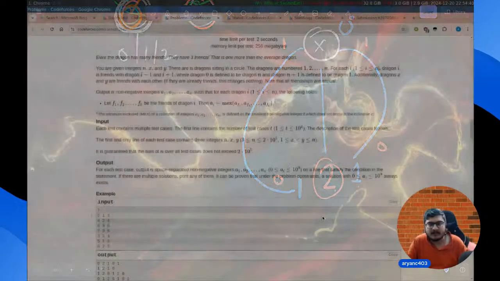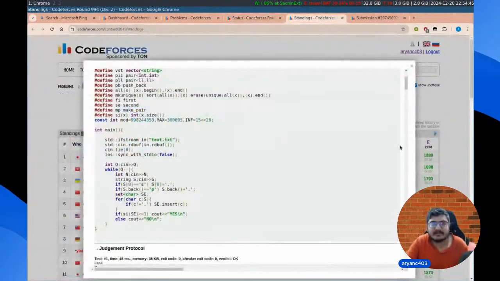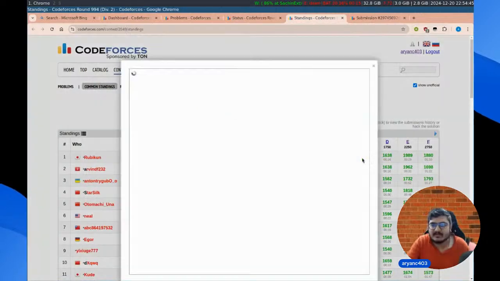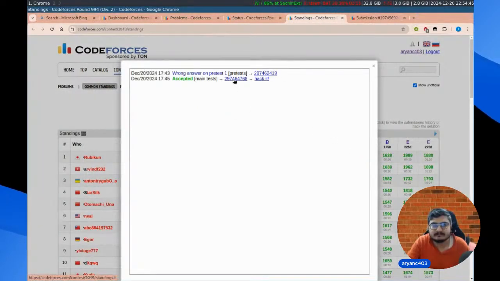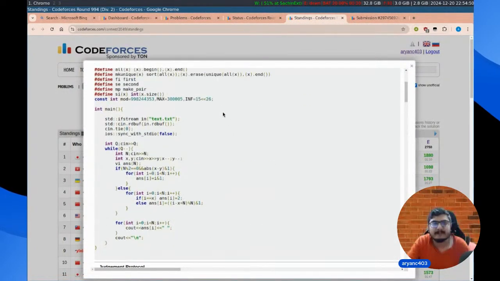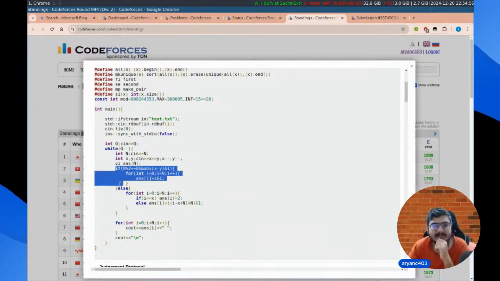I think you can probably look at Rubicon's implementation again. He also did the same thing. He is solving it for the circle by just putting 0 and 1 if n is odd. Otherwise,